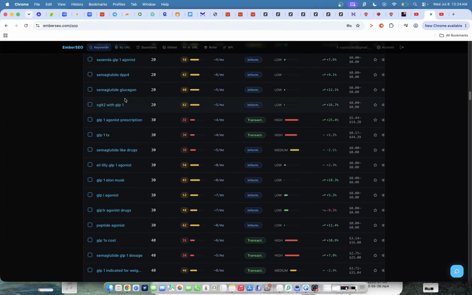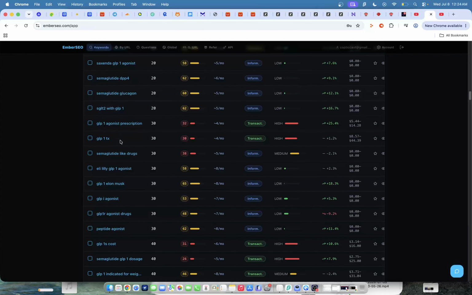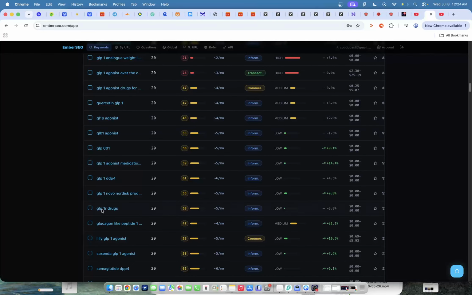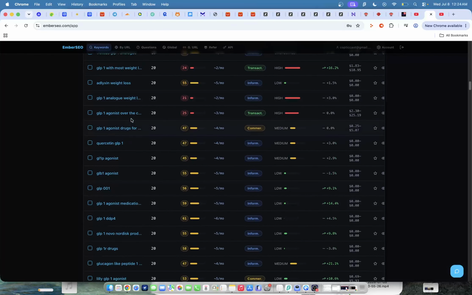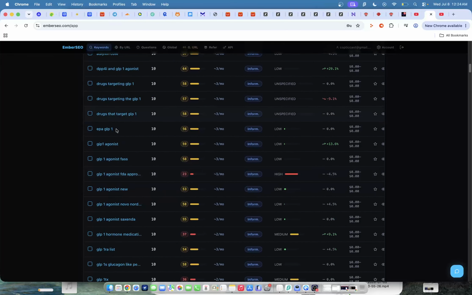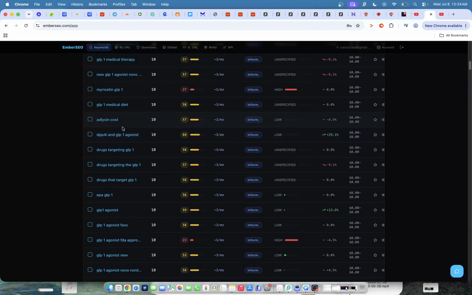make sense, some of them at a lower level, at the lower search volumes, is because this is words that people are actually searching every month on Google, right? The tool is not just making things up. So like, for example, GLP-1 agonist over the counter, that's a keyword that does make sense. But I'll give you an example of a keyword that doesn't, right? So a keyword like, for example,